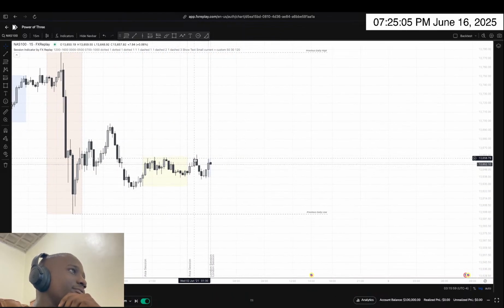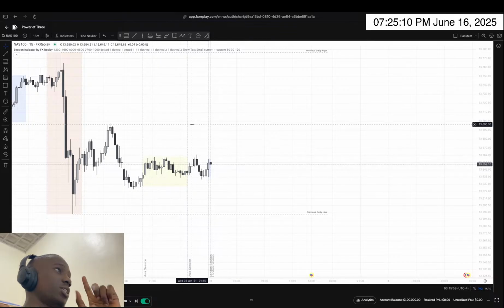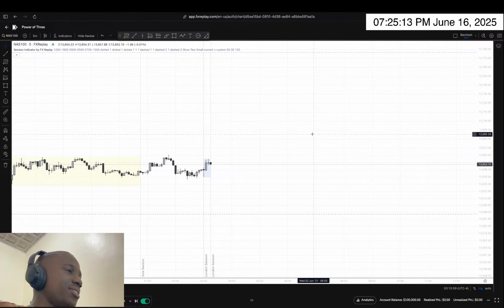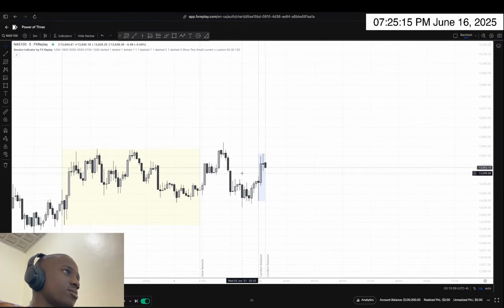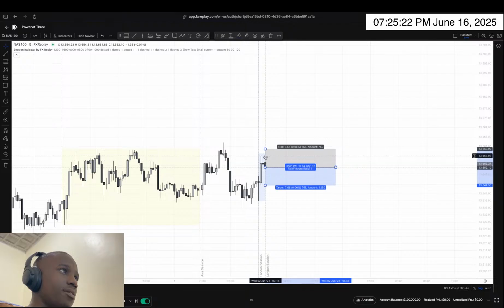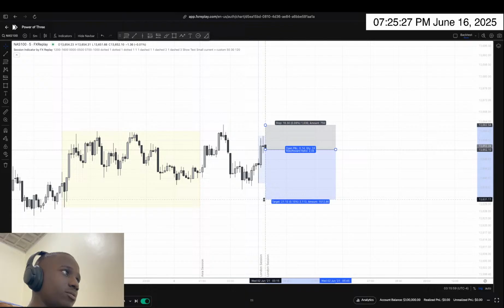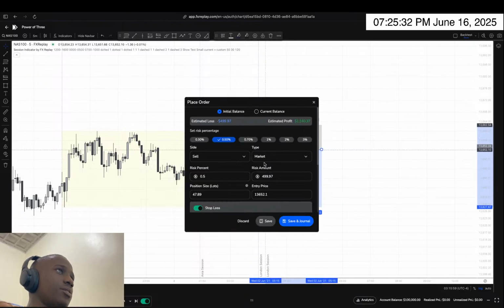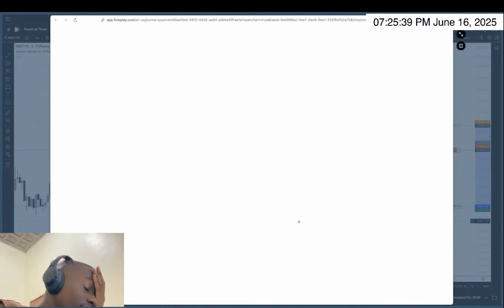I have this small order block right here after this sweep, but we didn't get a shift. I don't see a clear shift here, except if we can consider this low, then we can have a sell trade in here where stop loss will be right above the high and our target will be the Asia low. So let's just take this trade, 2%, and if we lose, that's it. If we win, then yeah.